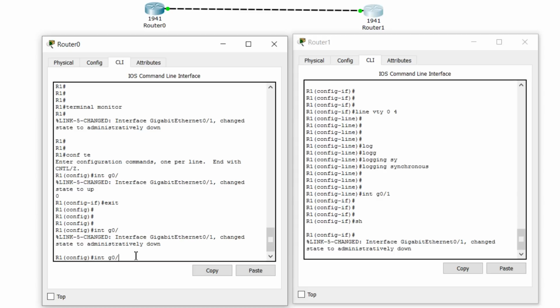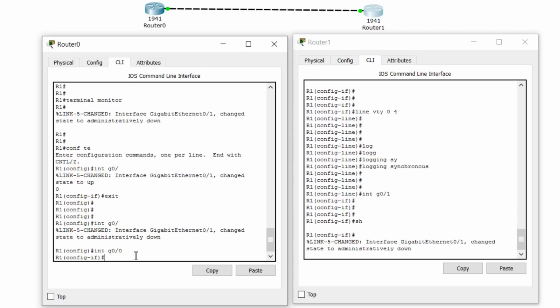So as a user, it becomes easy for me, right? I know what I was typing. Okay, log message came, that's fine. It's not interrupting me because whatever I was typing, it is still there, and I can hit whatever there, and I can continue from where I stopped. So that's what logging synchronous is, right? So that's what terminal monitor is, and these messages, the log messages,